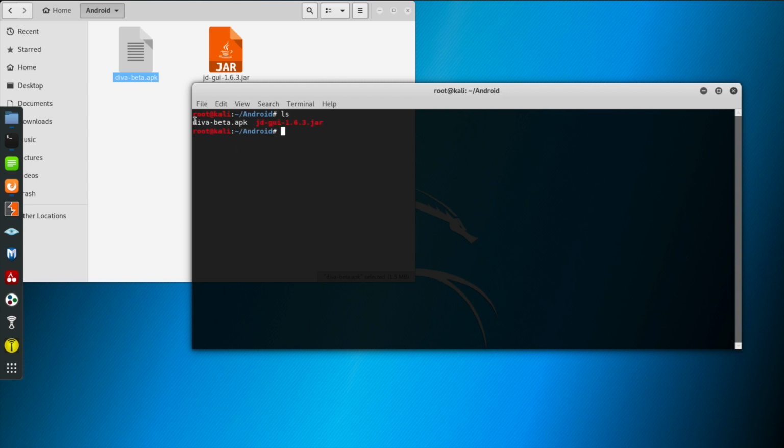Here you can see in this Android folder, diva-beta.apk is there. Now let me start a server with python -m SimpleHTTPServer at port 82.